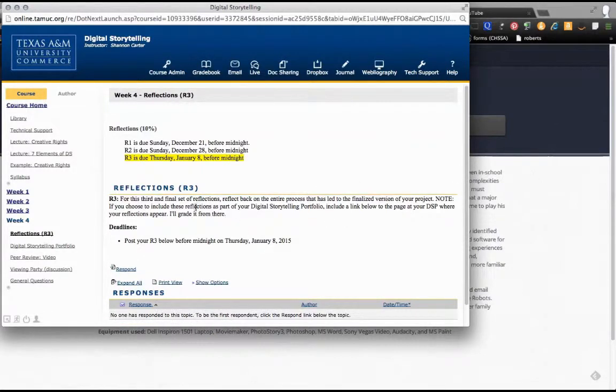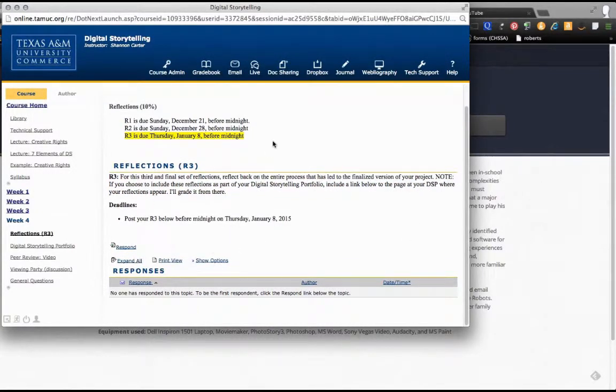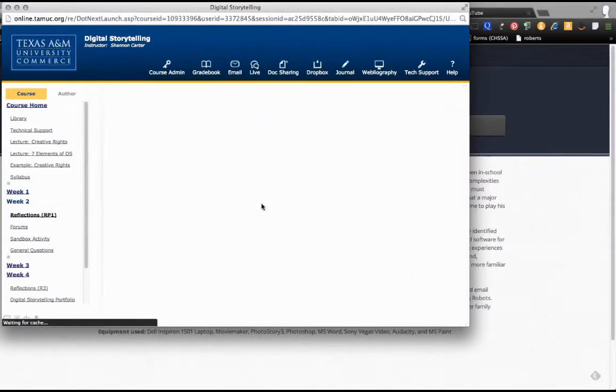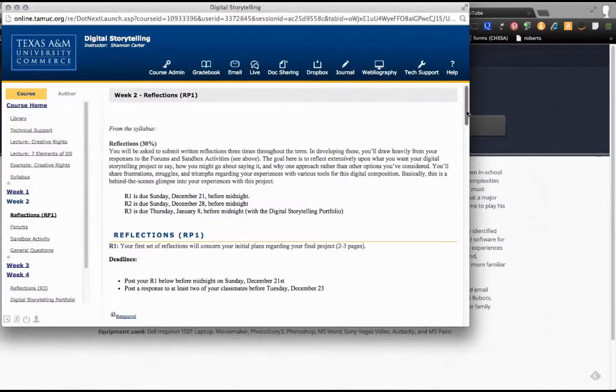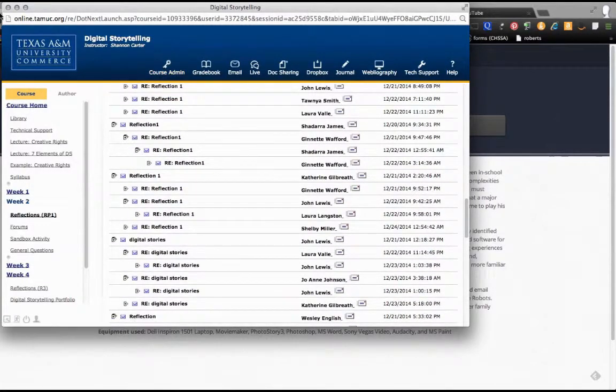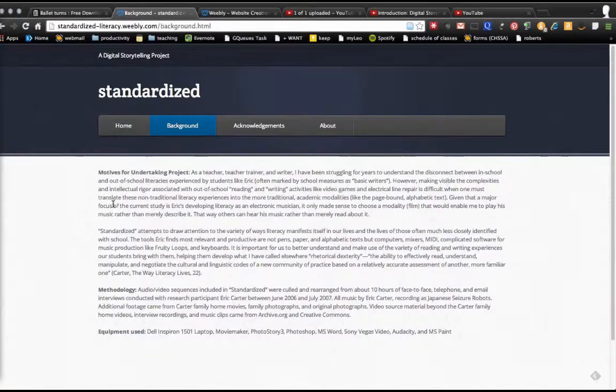That is, see right here, if you choose to include these reflections as part of your digital storytelling portfolio. And again, this is a purely optional, voluntary kind of thing. Just include a link to that page in this section. If you choose not to, if you choose to have them separate, then you would just attach this Word document as you've been doing in the previous weeks. So that'll be the final piece that you do. Okay, so